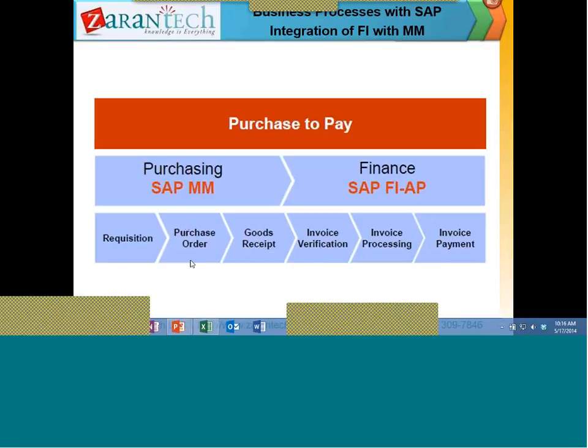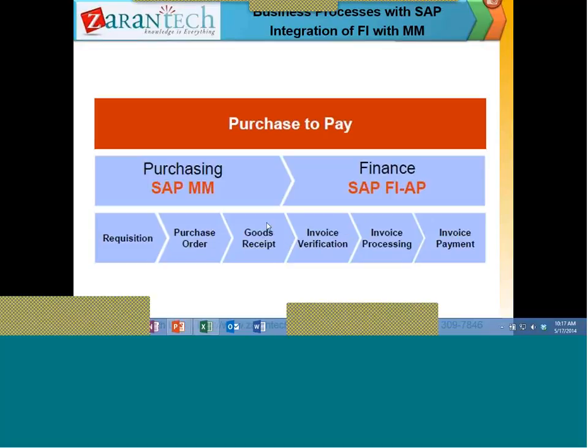So we have to see, okay, our purchase order is 100 quantities, good receipt is 100 quantities, but they invoiced for 110. That means there is a conflict between these three documents. In that case, we will block the invoice and we will contact the vendor and verify how come you invoiced more, or sometimes it will be less.